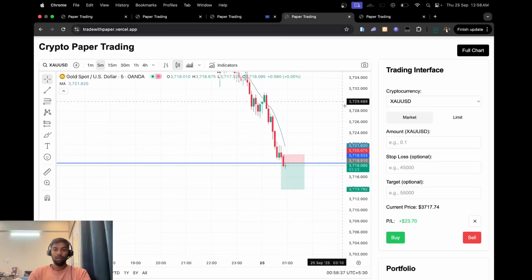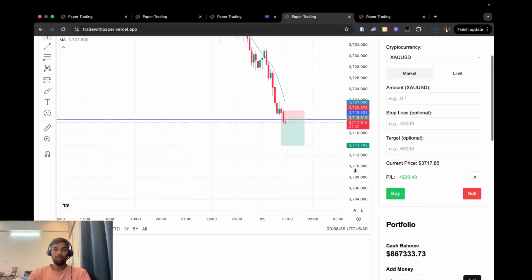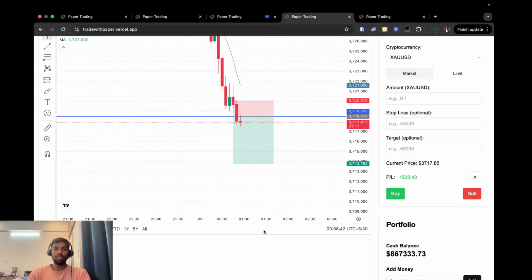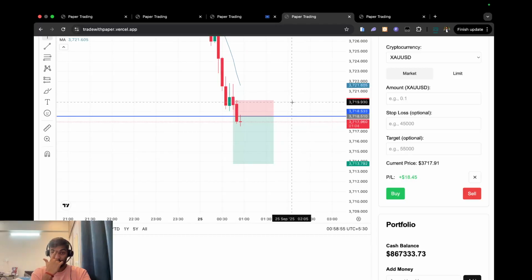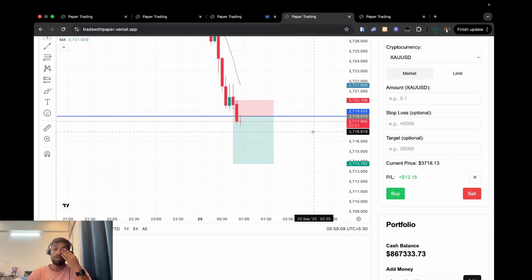Let's go to the gold trade again. So gold is extremely bearish, guys, and I just took a trade with the previous candle's high as the stop loss. So it is almost 1.6, so 16. So our stop loss might be at, the maximum stop loss we can take is like $60 or $50, something like that.